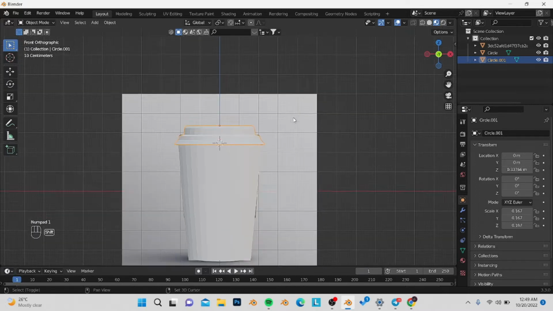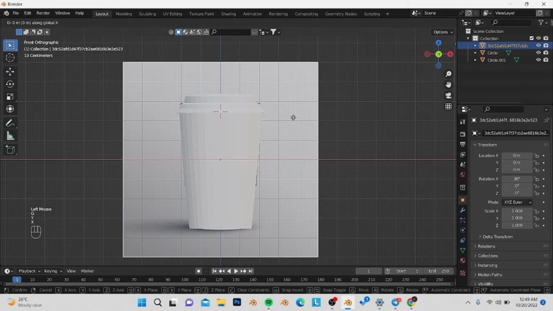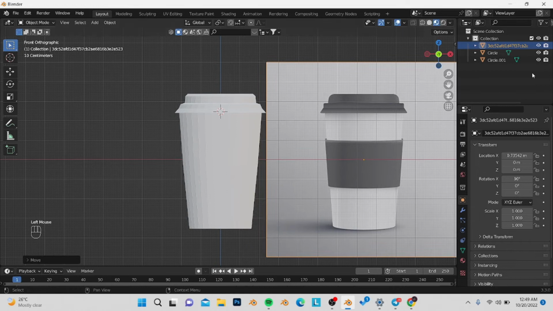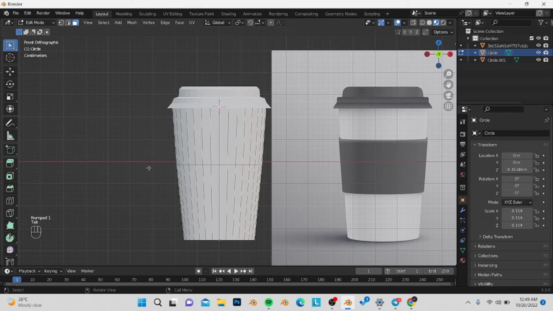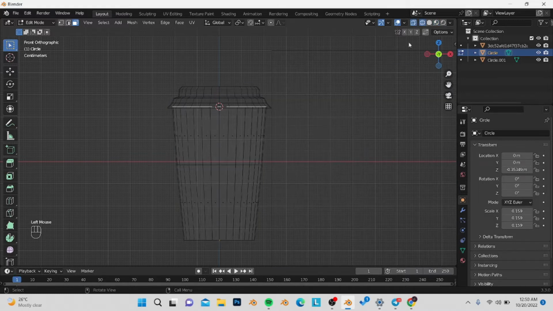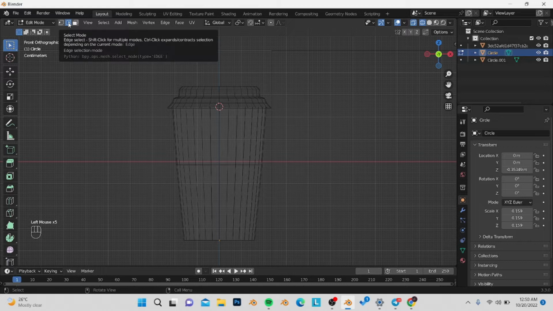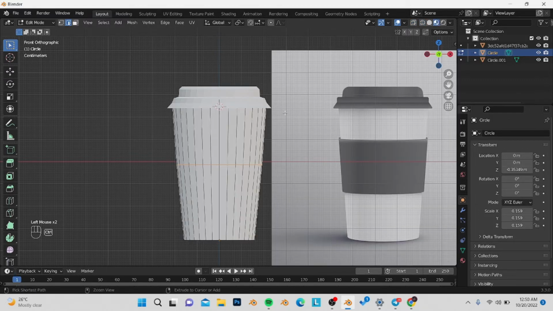Let's just move our reference outside right now. G, then X or Y, depending on how your cup is, how your camera view is. I mean, so there's something missing on the body there. As well, we're going to be holding our cup, but we don't have a handle there. And that was what our loop cut was for actually. So I'm going to move to wireframe mode, select it. Switch from face to edge select it, then go back to material preview,